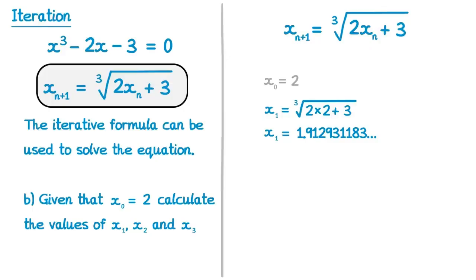We can now use this value for x1 to get the next value for x2. So imagine x1 is our current term. x2 is our next term. So we're going to do the cube root of 2 times our current term, which is x1, and then add 3. So we substitute x1 for this long number here,